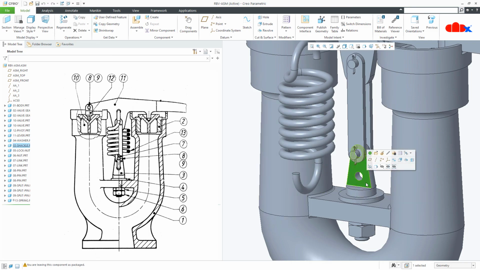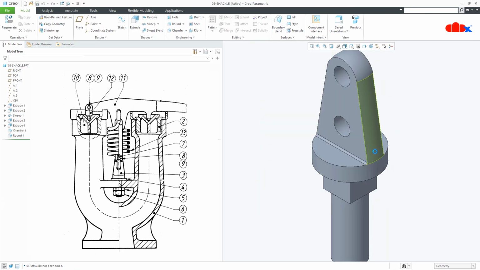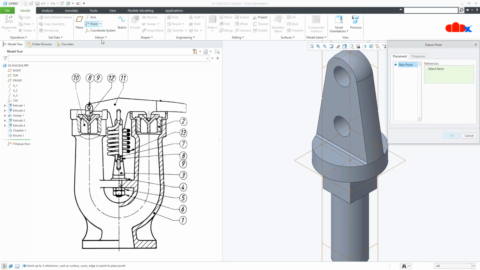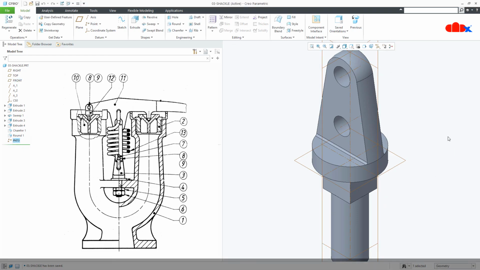Similarly, you open this part, switch on your center axis and datum plane. Now go to datum point, select this center axis, hold the control key and select this datum plane. Say OK, save it.